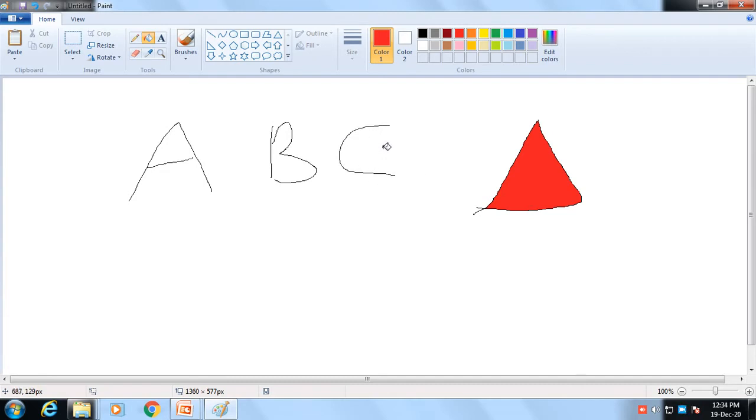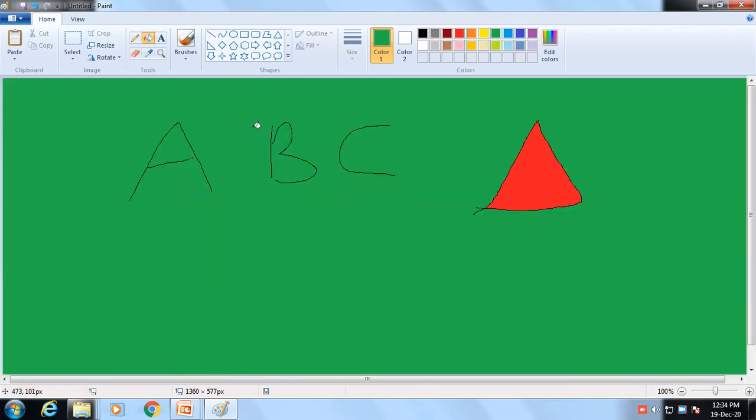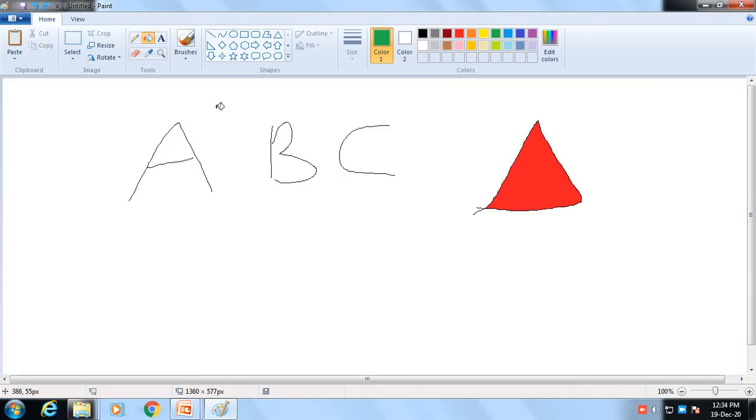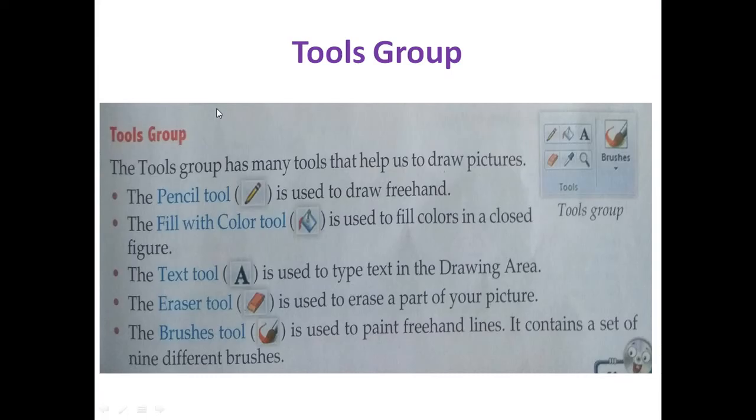If I fill this color, suppose green color, I filled over here, then what happened? The whole drawing area is covered with green color. So students, whenever you need to use this fill with color tool, you need to put this color in closed figure. Okay, remember always you need to put this color in closed figure.